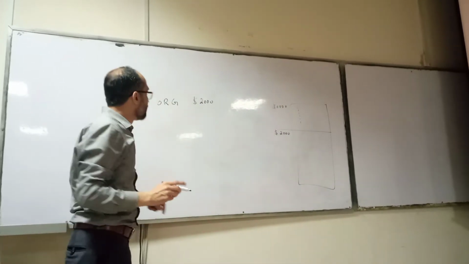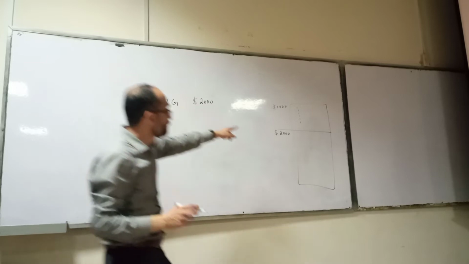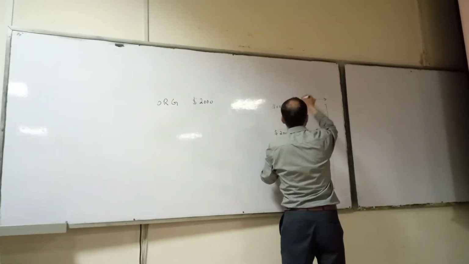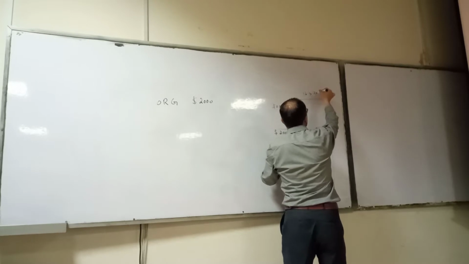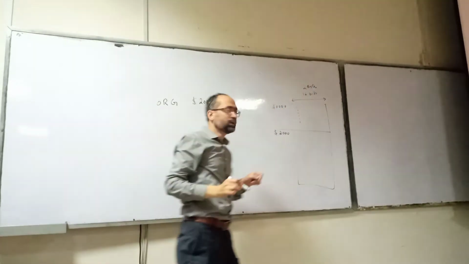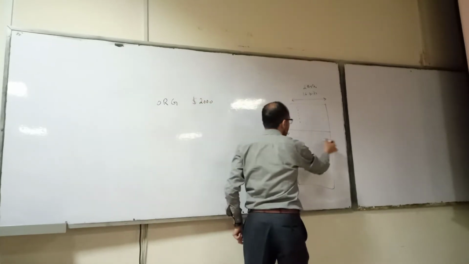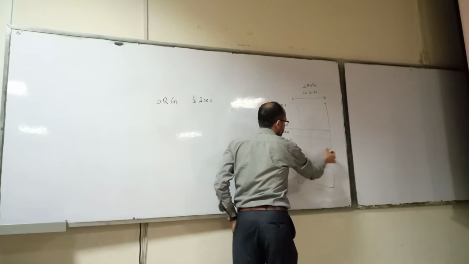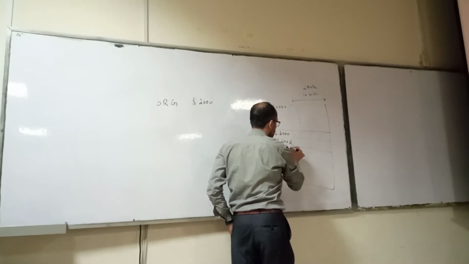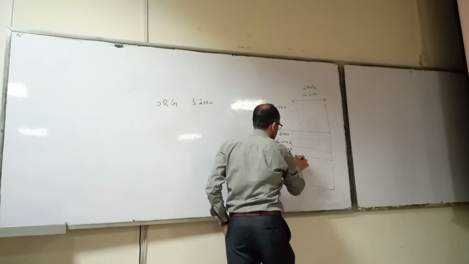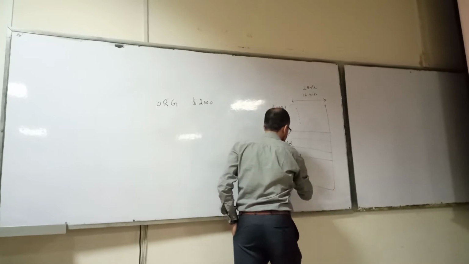We assume the size of this data is 16 bits, which is 2 bytes. So if it is $2000, what will be the address of the next element? $2002, then $2004, $2006,